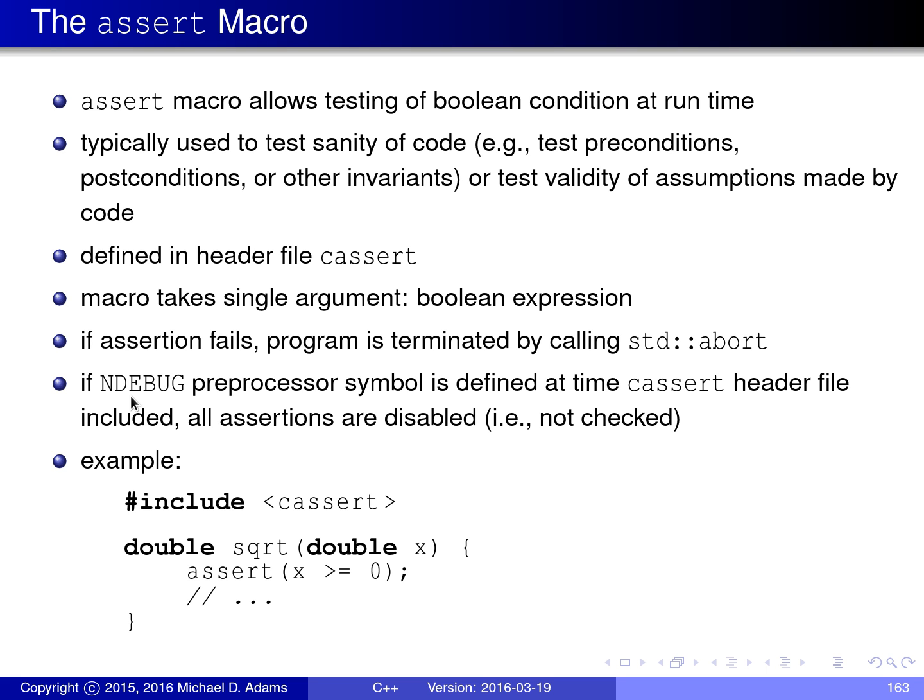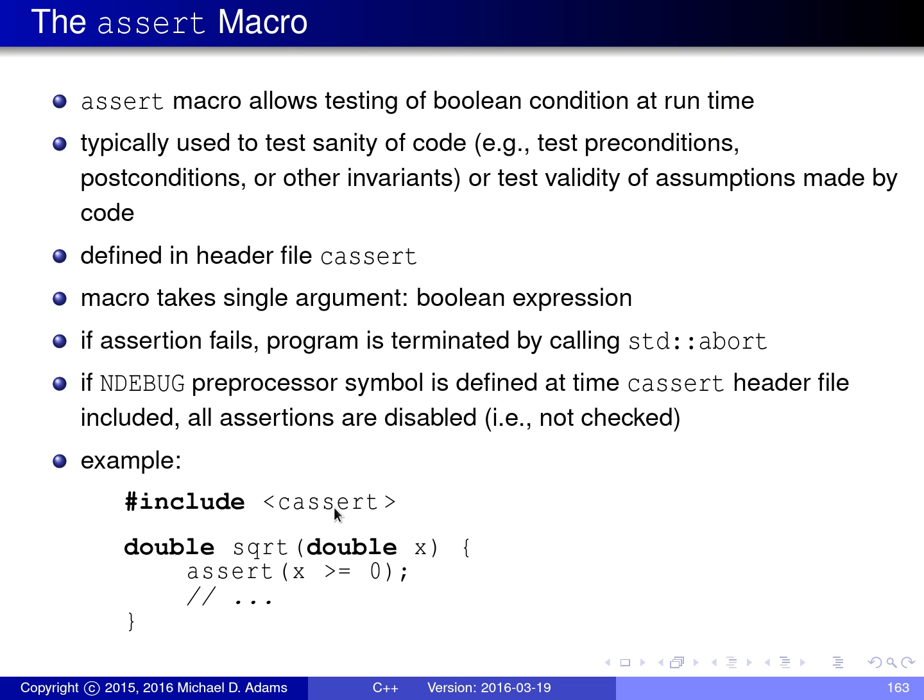But it would be nice if you didn't have to go through the whole code and delete all the lines that had the assert macro being used on them. And in fact, you don't need to do this. All you need to do is define the NDEBUG preprocessor symbol and then recompile. When you do this, all the asserts will effectively be commented out in your code, and they don't cost you anything. And just to give an example of how you might use the assert macro,